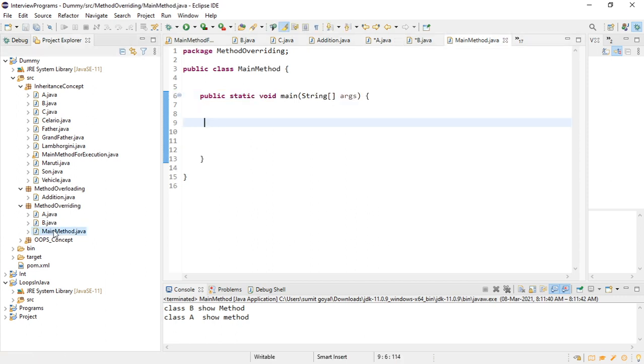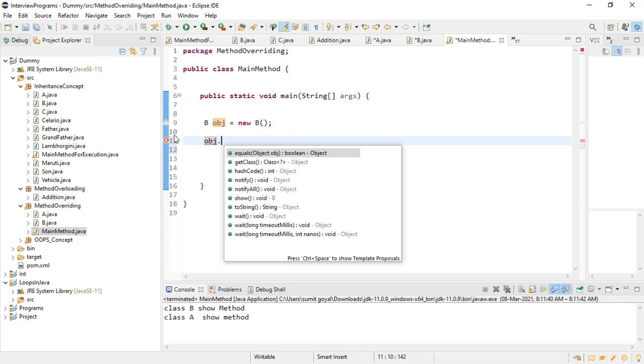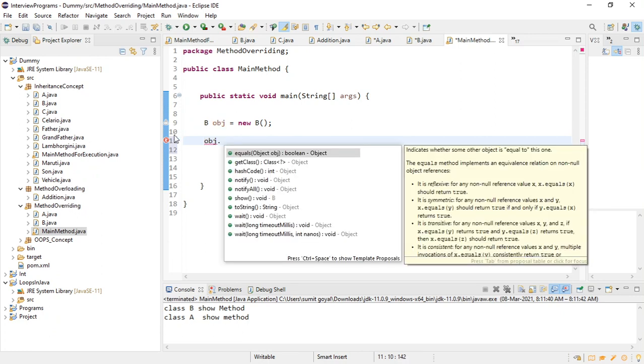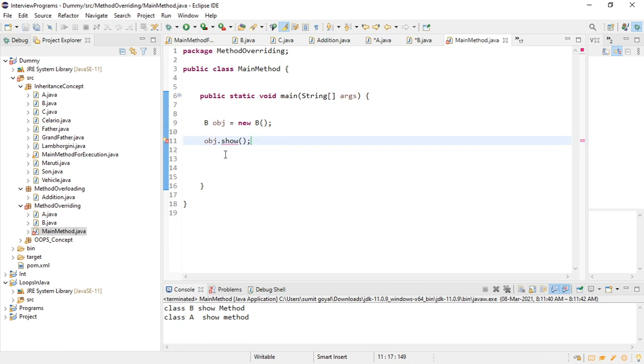So if I simply make the object like this, B obj equals new B, and if I call obj dot, so I think we have not saved our program.